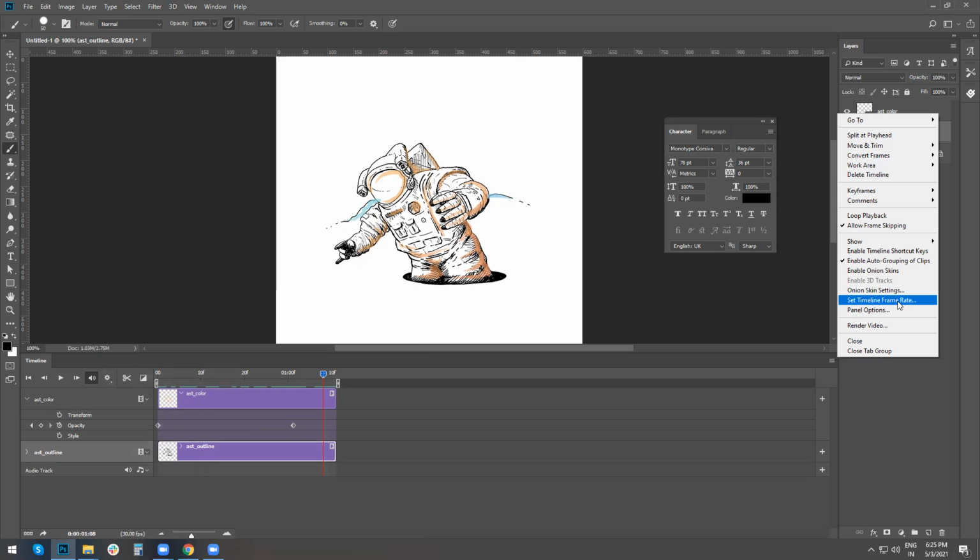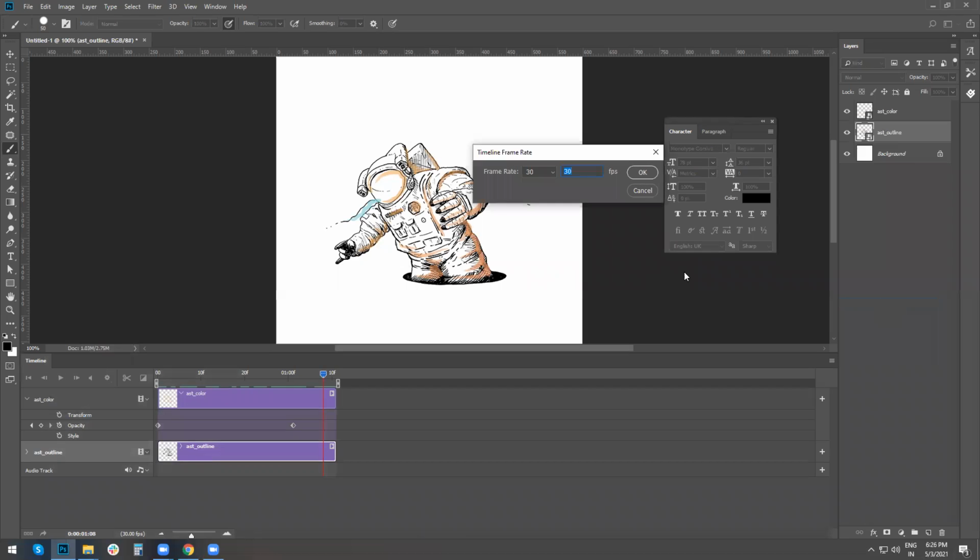One more setting that I can tell you about is set timeline frame rate. Normally it's 30. If you need to change the speed of the animation once you are done, say it's a big animation and the client says it's very fast, make it a little slower, then you can change this. You can say have 15 fps, that means in 1 second it will show 15 frames, so that will make it slower. And if you make it 60 frames a second, that will make it very fast. Normally we keep it at 30 only, or 29.97.